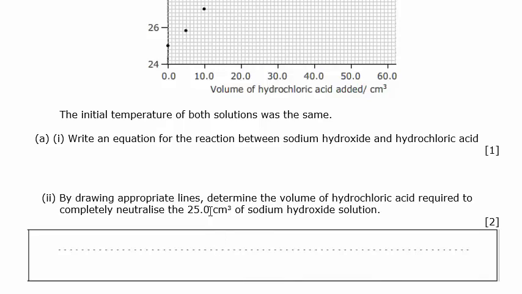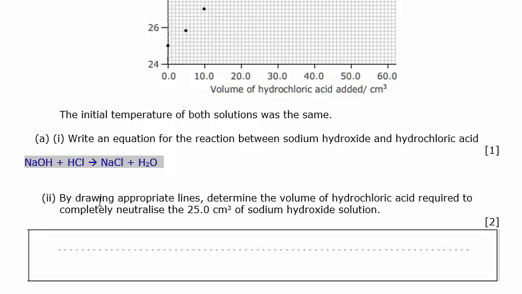So what's the first stage? We have to write an equation for the reaction of sodium hydroxide with hydrochloric acid. NaOH plus HCl. This is a straightforward neutralization reaction. NaCl plus H2O. It doesn't even require balancing. It should be done in your sleep,